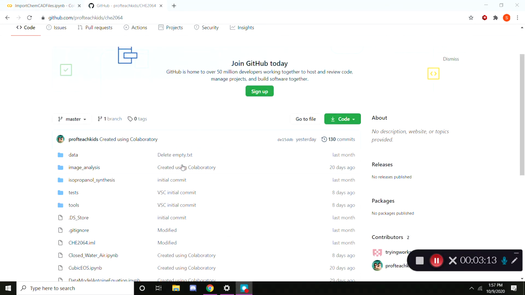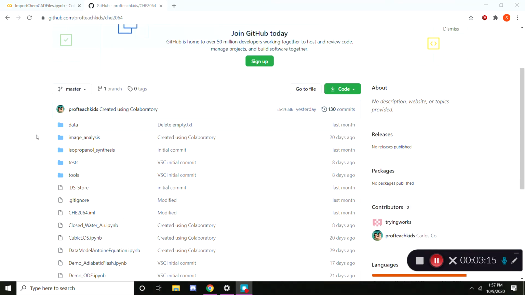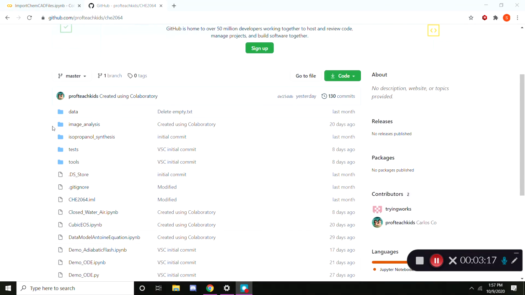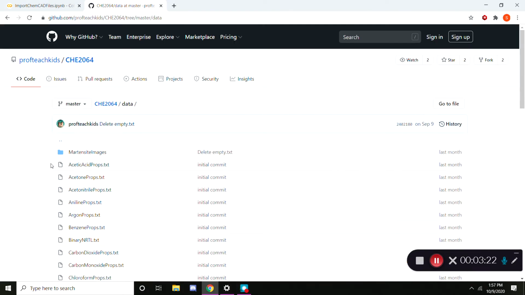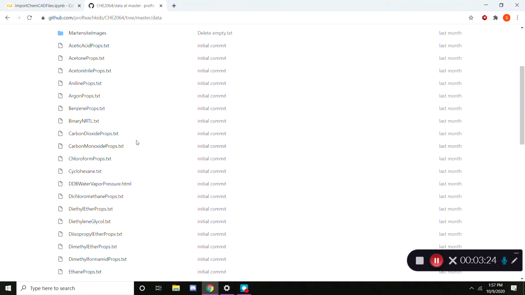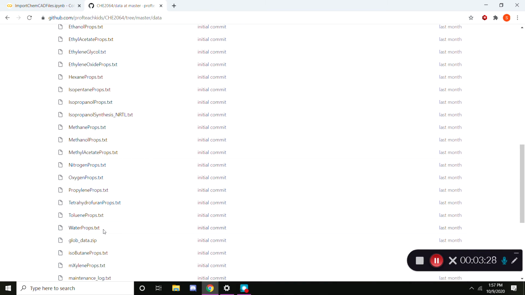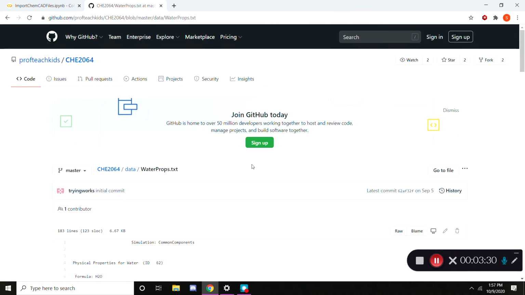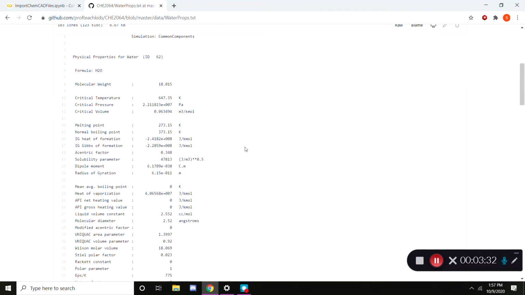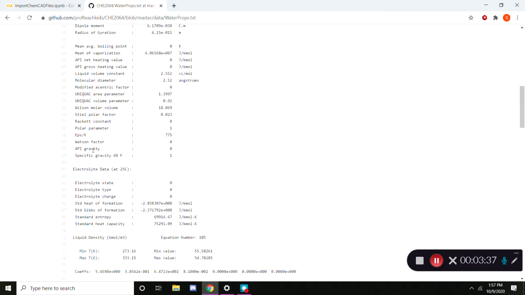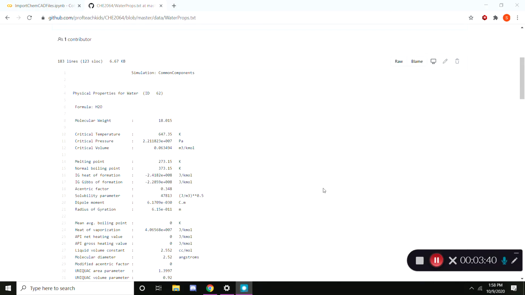Here we are at the GitHub for one of my professors. Now we're going to go into data. Now we have all these props. Let's go down to water and see what this looks like inside. So, okay, we have a lot of really long